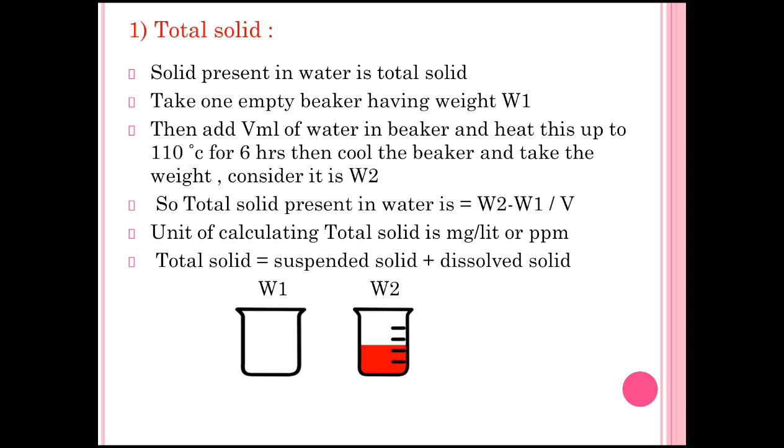Now total solid is equal to suspended solid plus dissolved solid. Suspended solid means solid that is called a suspended impurity, while dissolved impurity means the solid material which is completely dissolved in the water. Whenever we see water, it may look turbid or it may look clear, but some solid materials are completely dissolved in that water so that it looks clear, yet there is the presence of a solid. So we calculate using this formula: suspended solid plus dissolved solid gives the total solid.